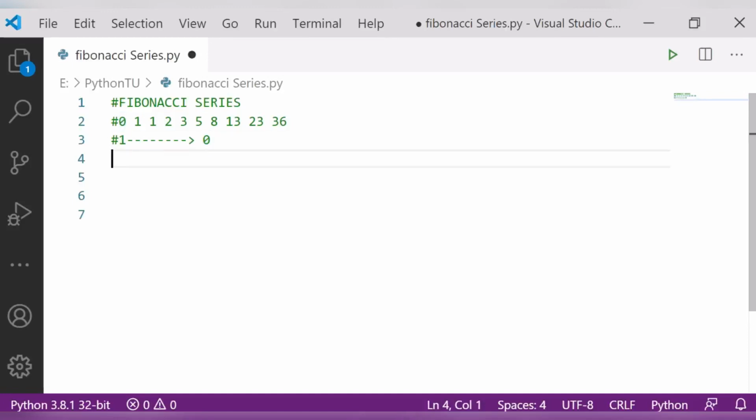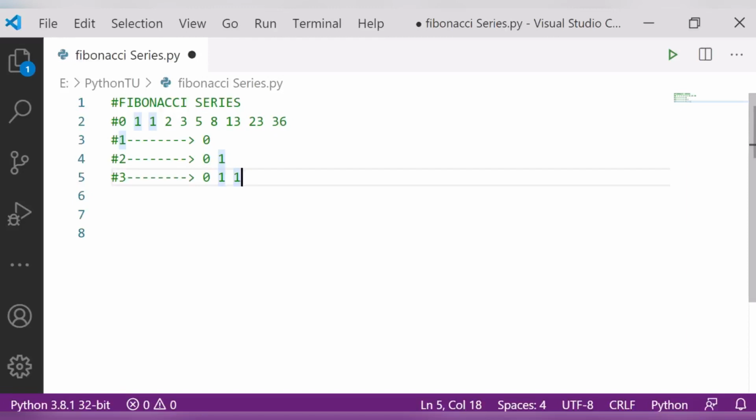Now if I want the second number, this one, then the second number is 1 here. So I will get the two numbers 0 and 1. If I want the next number, this one, that will become 0 1 1. So my third number is 1. Clear? So this is how I will get my numbers. You can also find out the other numbers too.